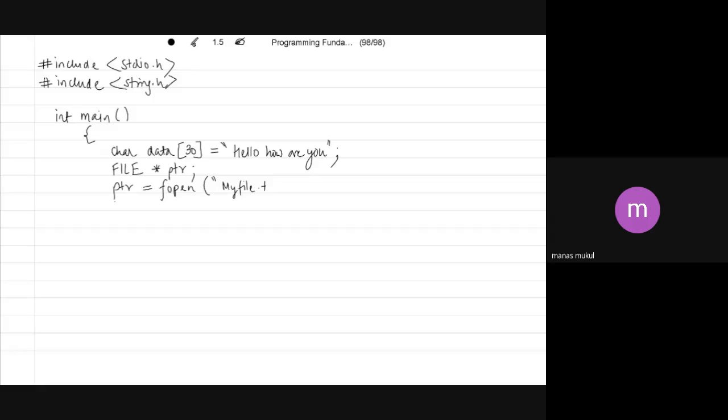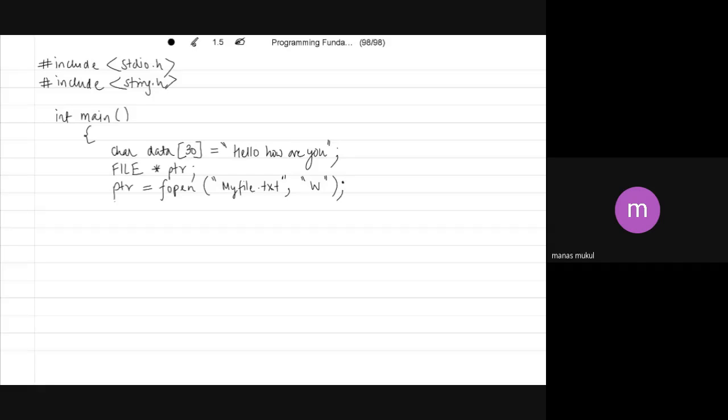.txt. This is the file which I'm going to open, or if the file doesn't exist, it's going to create this file. So which mode do I need to use in order to write things onto a file? I need to use the mode called write mode. What this is going to do is check whether this file exists from before. If it exists from before, it's going to overwrite this content. If it doesn't exist, it's going to create this file and then write this content into the file. But it's not going to happen automatically. We are going to check,